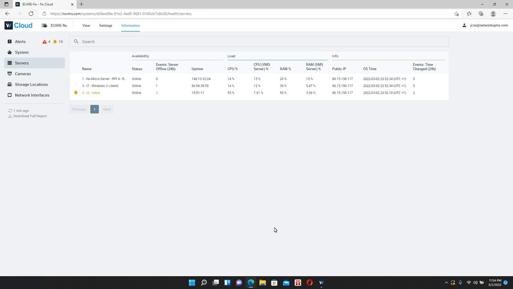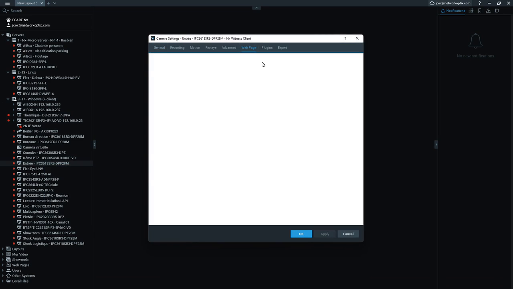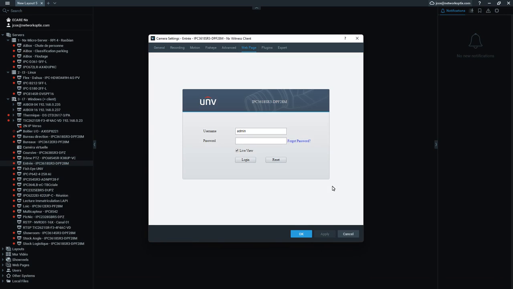So in terms of when there is an issue, what's really cool as well is if it's a camera that you need to get access to the camera for, we can proxy the camera's webpage via our client as well. So even though these cameras are all on a network that has no internet, but they're going into one of the ports on the server, and then the other port on the server is connected to the internet,